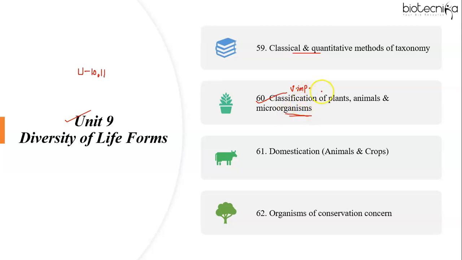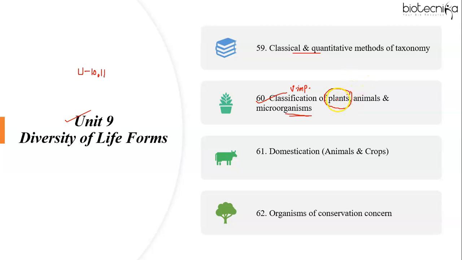Either the features are given and you have to find out which taxa or group the features belong to, like is it from Pisces or mammals, etc. Similarly, from the plant kingdom, the features of bryophytes can be given, or thallophytes, or pteridophytes, and you have to find out which group these features are of. And also simply the examples can be given, and you have to find out which taxa or group all these examples belong to.